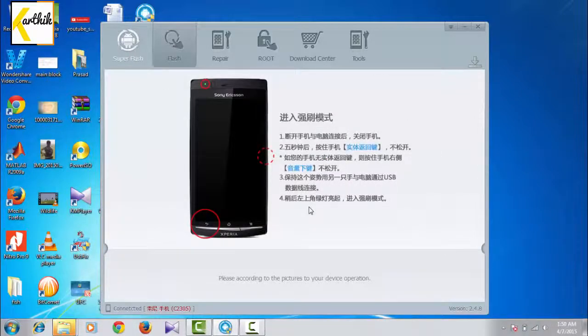Okay, now again we have to do the same thing. Disconnect your device from the laptop or PC, then switch off your Xperia C device, and wait for 1 minute, at least 1 minute.